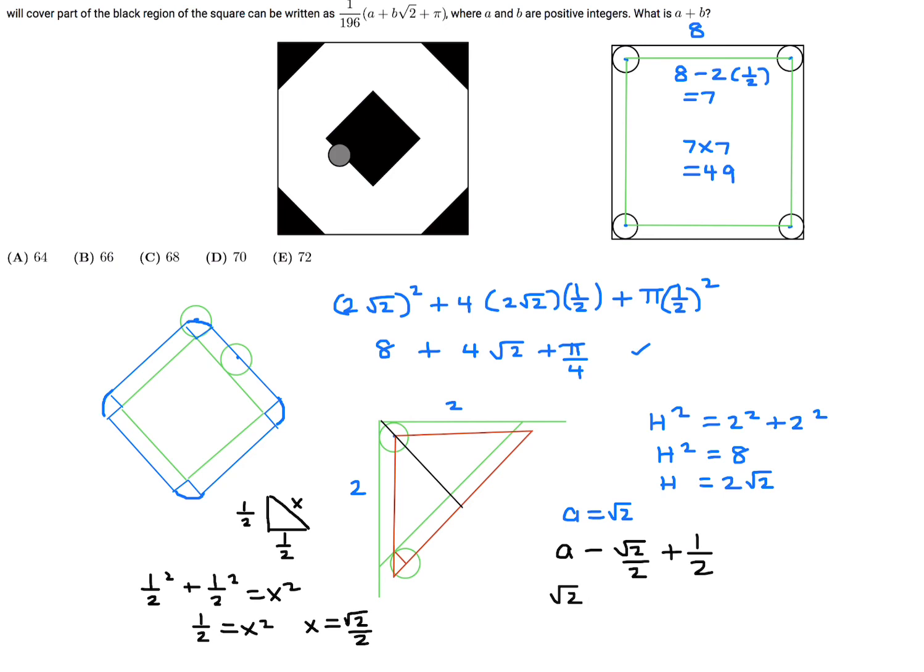So that's going to be root 2 minus 2 over root 2 over 2 plus a half, and that is root 2 over 2 plus a half. Okay, so that means this altitude is root 2 over 2 plus a half. And then finally,